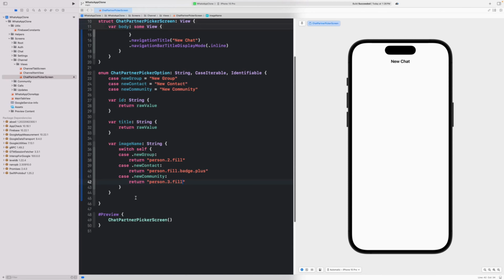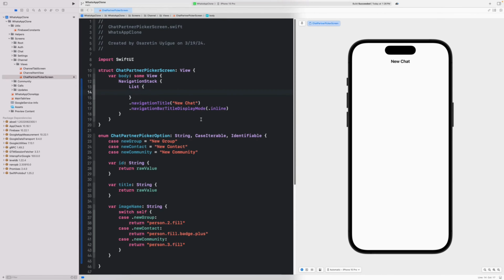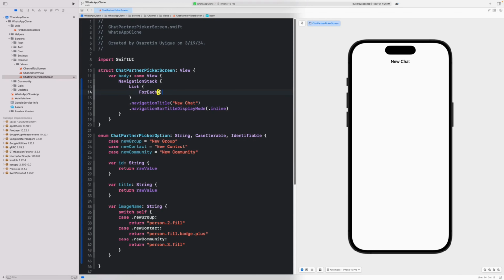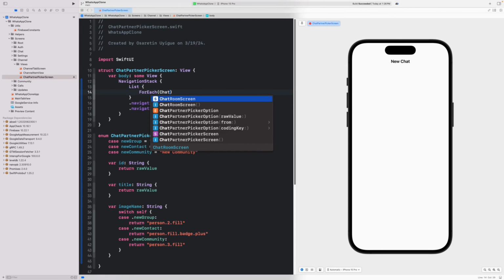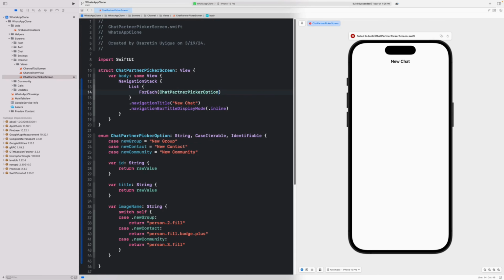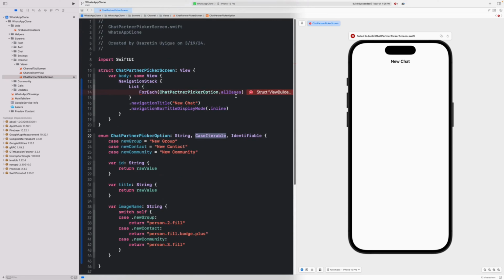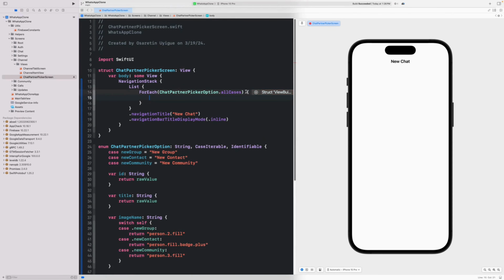The last bit of the equation is I'm going to jump up here. Inside of our list, I'm going to create a ForEach. This ForEach is just going to be our ChatPartnerPickerOption.allCases. This is why we made it CaseIterable, because CaseIterable has this property called allCases. And also because we made it Identifiable, it makes this super nice because we can just say item in,